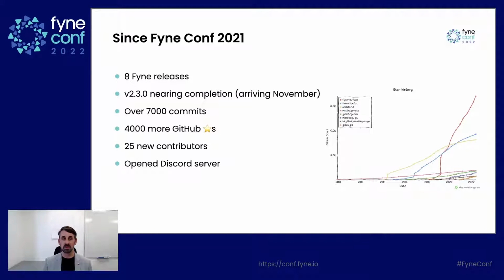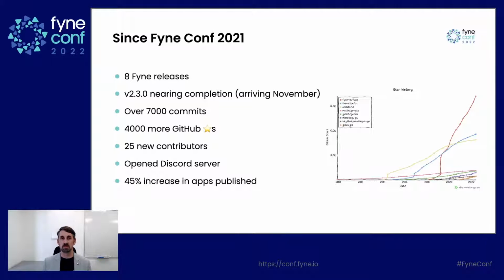We also opened a Discord server, so thanks to the guys over there who encouraged us to be out in the wild outside of the Slack community. And we're also just starting to grow a group on Matrix as well, so hopefully we're reaching more people in socials. The number of applications that we have seen out there has increased by about 45%, so nearly doubled since last year. If you're interested, of course, there's the ever-growing list of open source applications at apps.fyne.io,